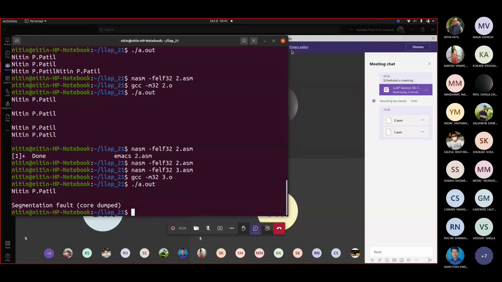Everything that you write apart from global would be going into the stack. All your local variables go into the stack. Whatever variables are not global per se would be going into the stack.